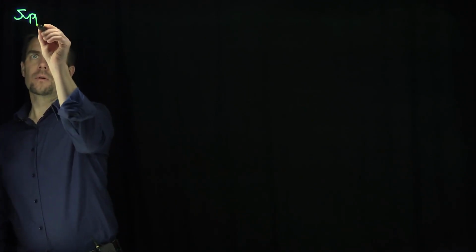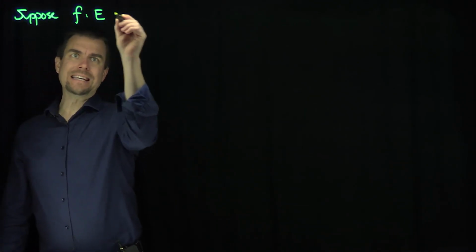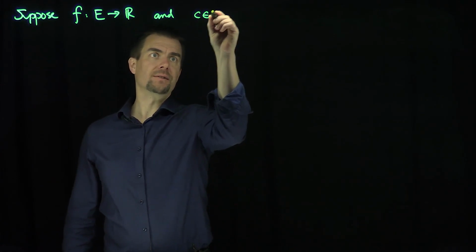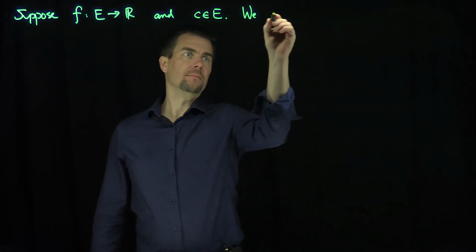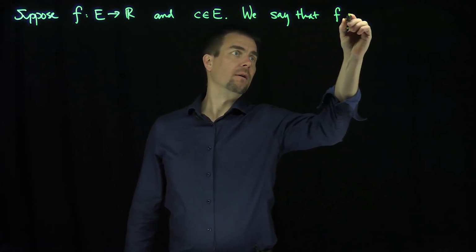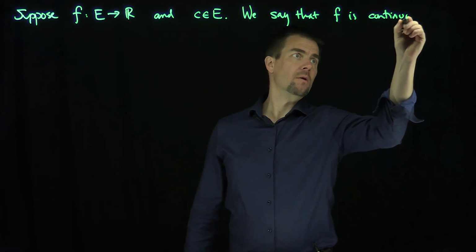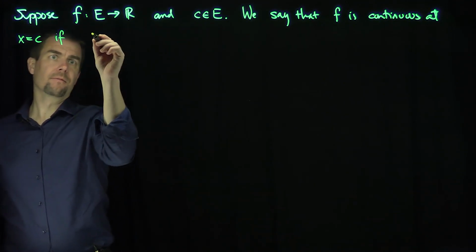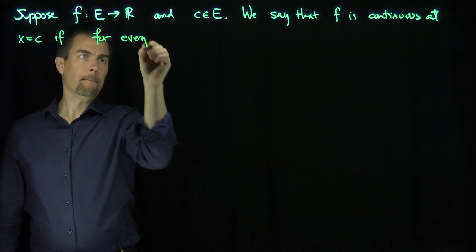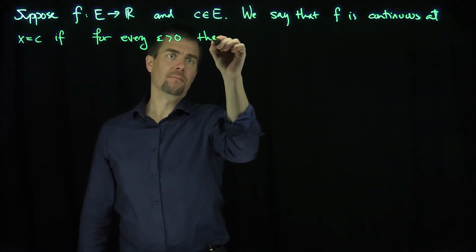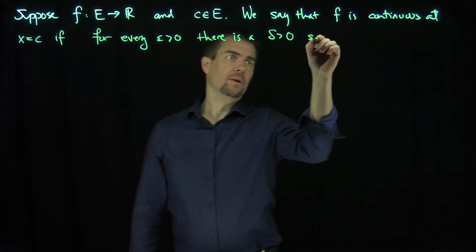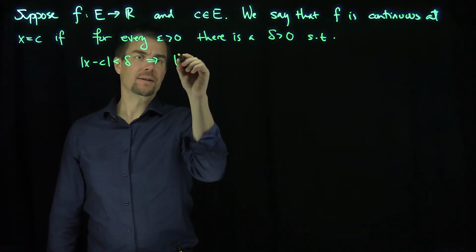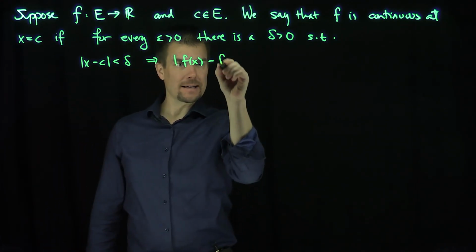Let's suppose we have a function f which maps E into R and a point c that is in E. We say that f is continuous at this point c if for every epsilon greater than 0 there is a delta greater than 0 such that |x - c| < delta implies that |f(x) - f(c)|